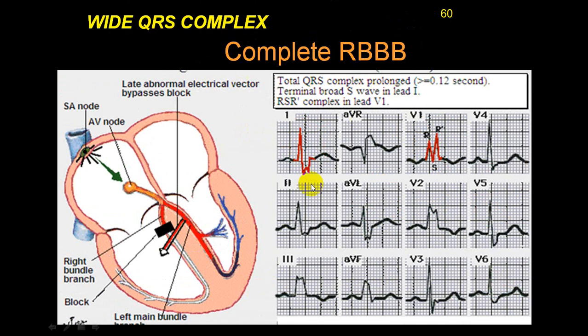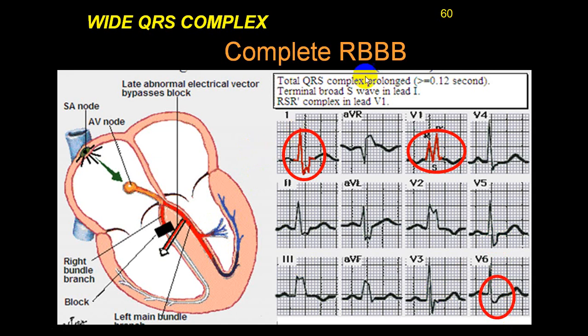Now see right bundle branch block. In lead 1, you got a small R wave and deep S wave. Here in AVR you can see that there is first a negative wave and then you got a nearly RSR dash pattern. And in V1, small r first, negative wave S, and then second R wave is taller, RSR dash pattern. And see in V5, V6, there is a deep and broad S wave. This is in favor of right bundle branch block.